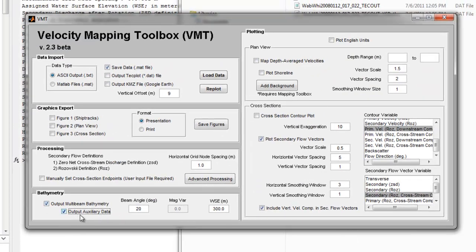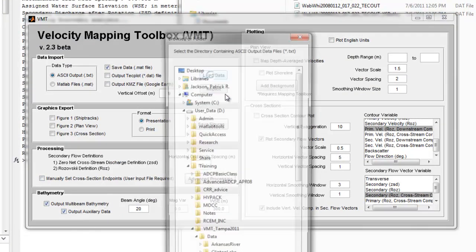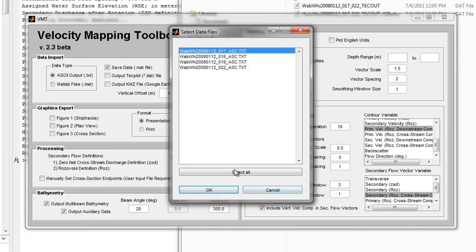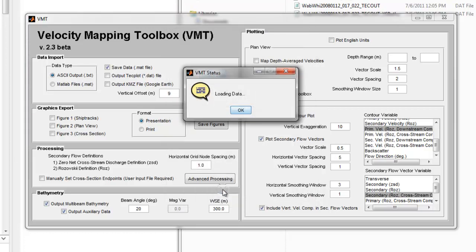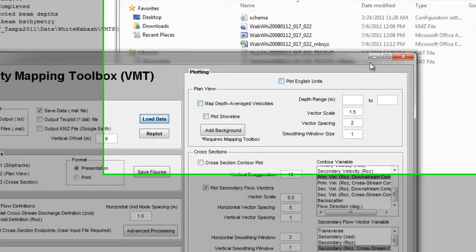And so with these selected, we can go up and select load data just like before, and select the data files that we want to load. You can imagine if you had a full reach survey and 100 transects through your reach, you can select them all and do a batch processing. It's going to do all the corrections and put them into one XYZ data file for you. So it's going to go through and do the preliminary processing of the data and kick into the bathymetry export subroutine, and once it's done with that, it'll tell you bathymetry output is complete. We say OK, and we go back to our